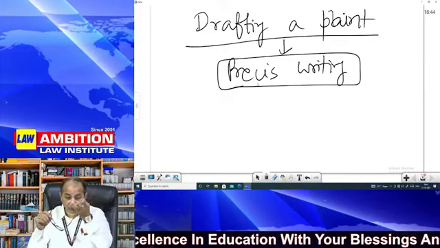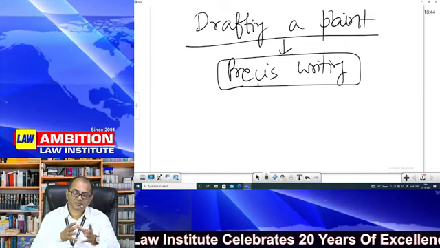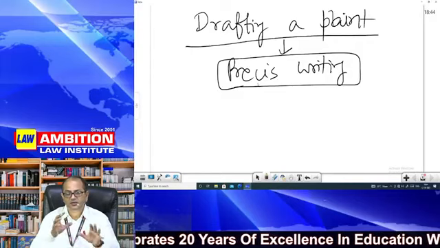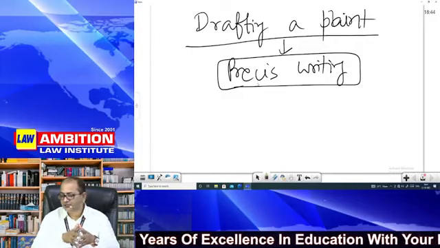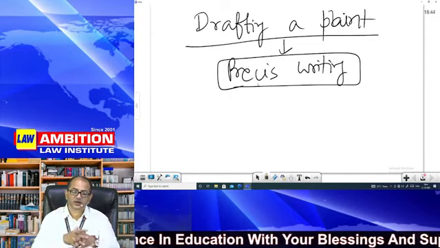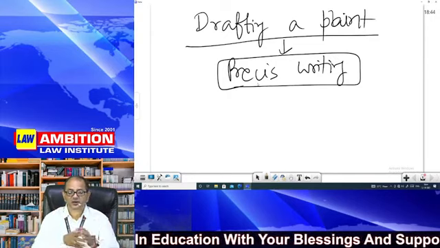Is this clear? So to tell him exactly, you are required to learn this art of précis writing. You must be aware that in school age you must have seen that you have been given 5-6 pages and then you are required to produce the same idea in few paragraphs. And you are required to write all the ideas in those few paragraphs, and that is what is called précis writing. This is the same which is required in plaint drafting. I'll talk about the rules also a little bit, but it has to be précis writing.